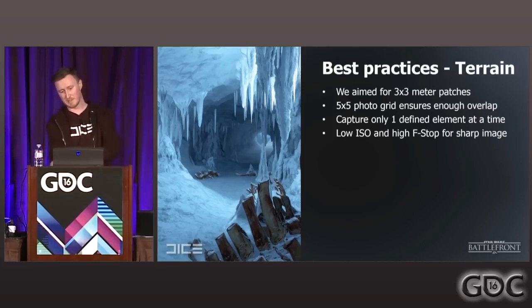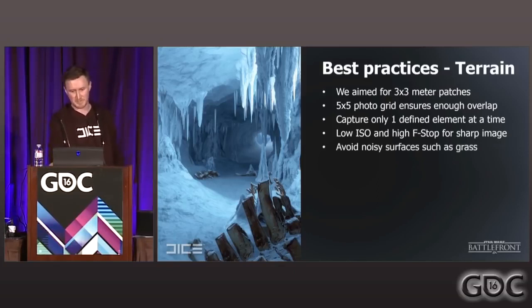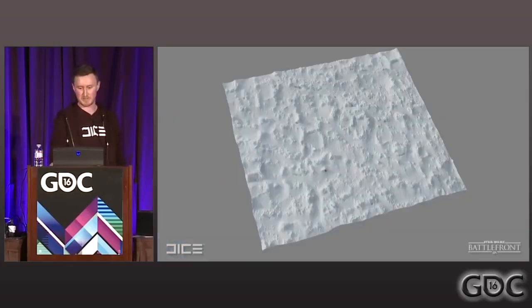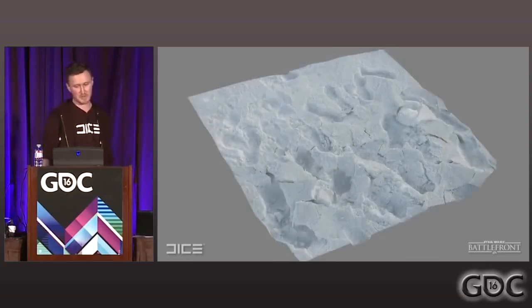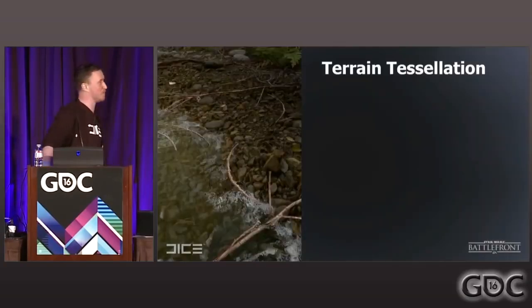Yeah, in our case, low ISO and high f-stop worked best, and that does introduce quite a bit of grain, but that was much less of a problem than blurry edges when you bring it into PhotoScan, so it's worked best for us. And again, the point of not focusing on noisy surfaces, it was just not worth the effort. Here's a few examples of capturing snow, which was interesting because we weren't even sure this trip was going to work, but it resulted in some of the best scans we had.